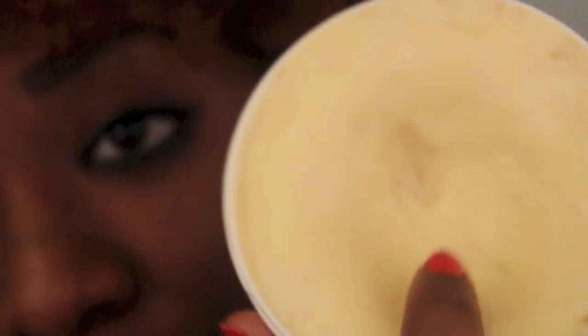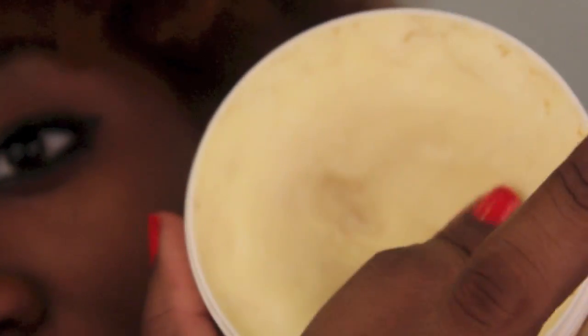because the one that I usually get is more of a, what color is it? How can I explain it? It's more of a darker kind of yellow, kind of cheese color, if you will. Not exactly like cheese, but just a darker yellow. And this one is more reminiscent of butter, if you will. It has more of a creamy white color, and I thought that this one was